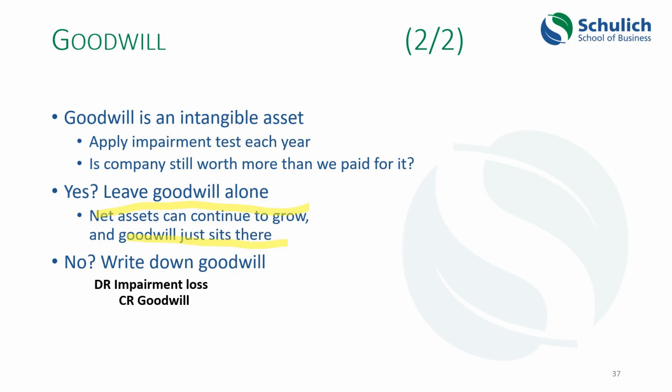But if the impairment test indicates that the overall value of the investment has gone down, you have to write it down. And so you're going to have a credit to goodwill because it's an asset, and the debit is going to go onto the income statement as an impairment loss of some value. When the impairment test indicates that the value of the investment has gone down even lower than goodwill, then all of the goodwill is going to disappear off the balance sheet for that investment.